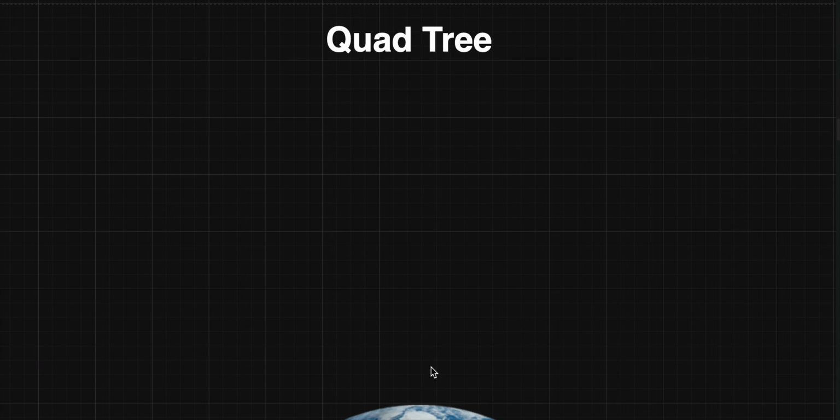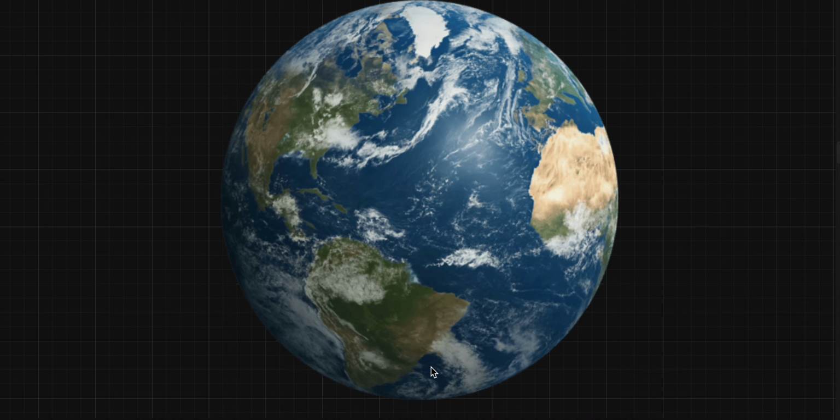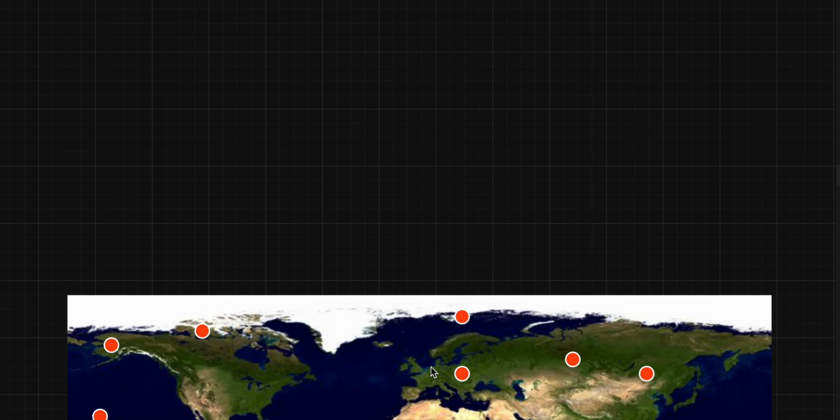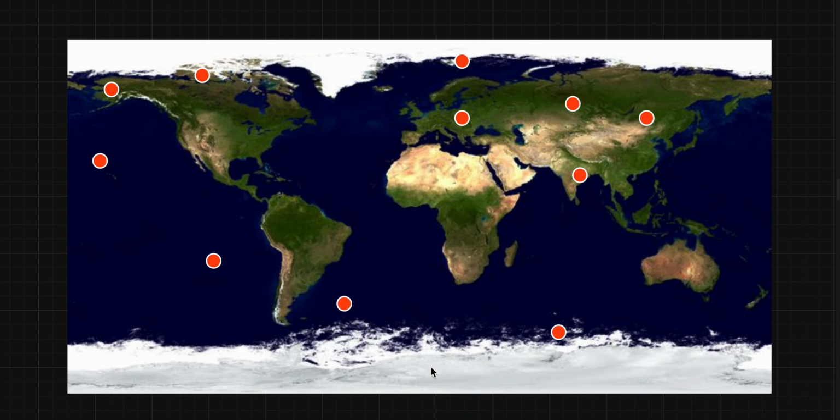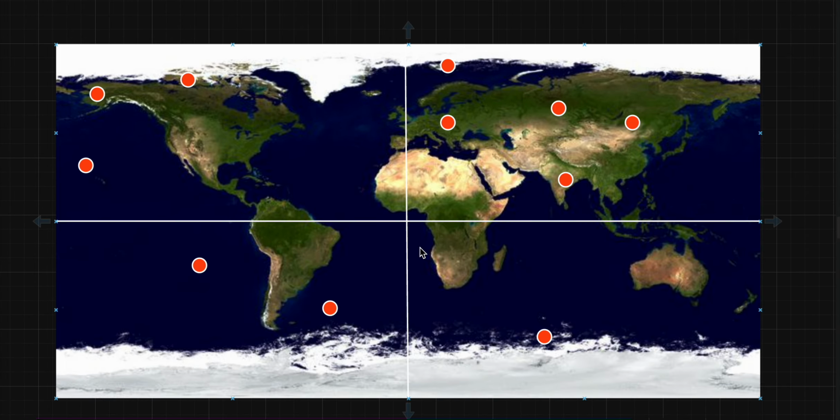What we can do here is use a quadtree. So this is the Earth's globe, and this is what it looks like. We will see this in a horizontal space. Let's suppose this is the world map, and the red circles here are the places on the map which we are searching. If we use geohash and divide places here like this,